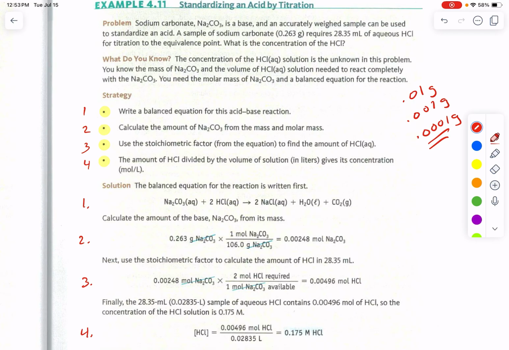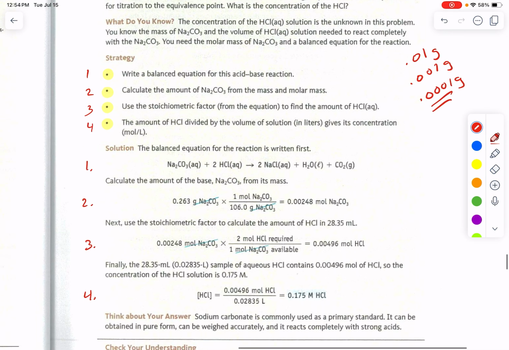And we can get very, very precise mass readings because we want our titrations to be as accurate as we can possibly make them. And once again, you can see step number 1, we're going to balance our equation. And so here we have a salt, sodium carbonate, but you might recognize that the sodium, and I'll use